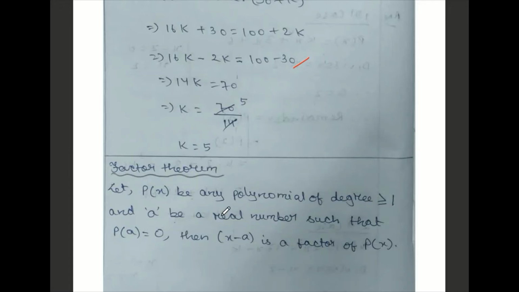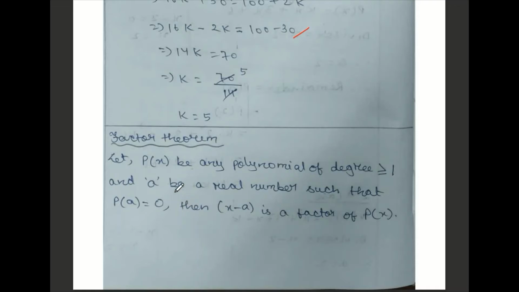Now the factor theorem, I'll just give you the statement. You can look once, because the remainder theorem statement you already know. So the factor theorem: let P(x) be any polynomial of degree greater than or equal to 1. P(x) means your dividend. The degree will be greater than or equal to 1, which means at least the power will be 1. And let a be any real number, such that if P(a) is equal to 0, that means we are telling the remainder is equal to 0, then x minus a is a factor of P(x). So you need to learn this factor theorem properly. Factor theorem is nothing but when the remainder is coming equal to 0, at that time the respective divisor will be a factor of the given polynomial.